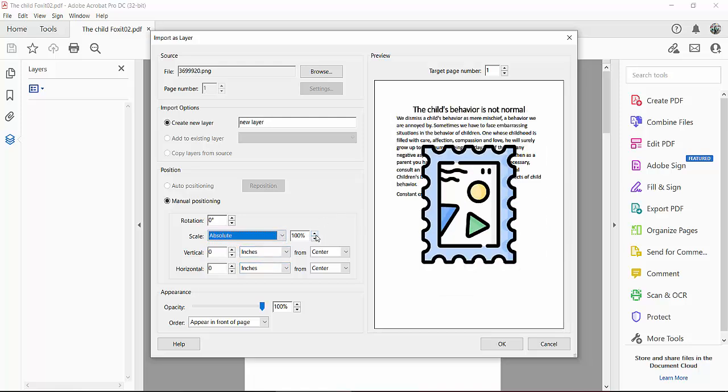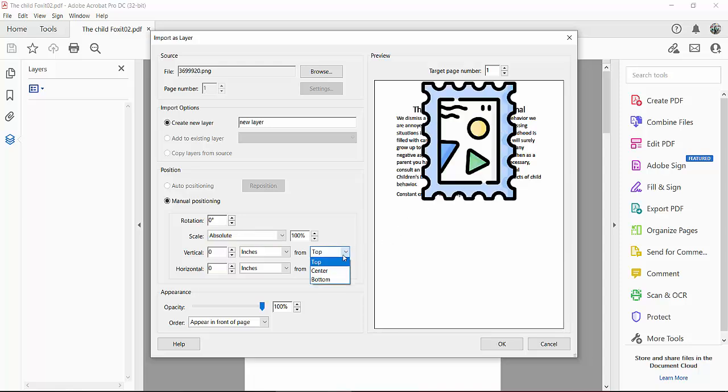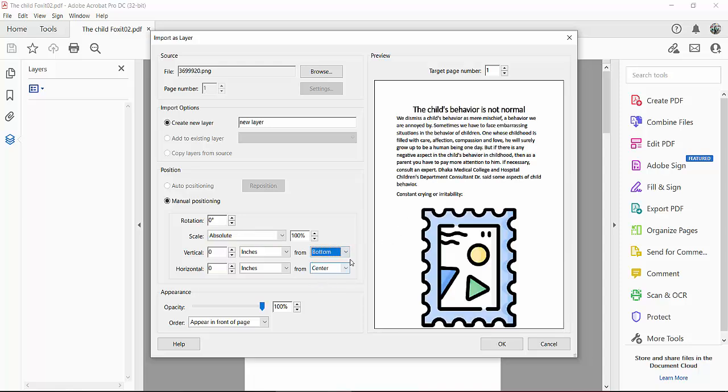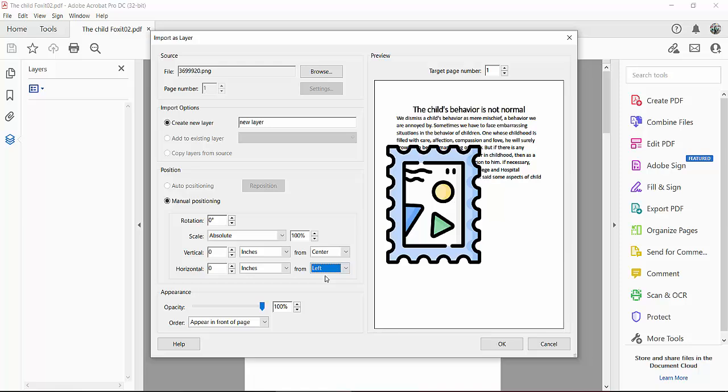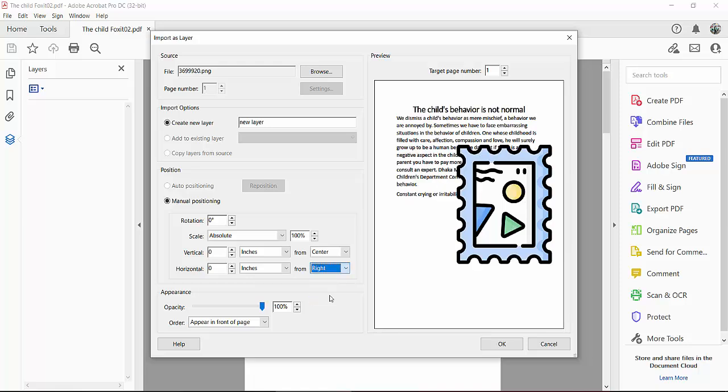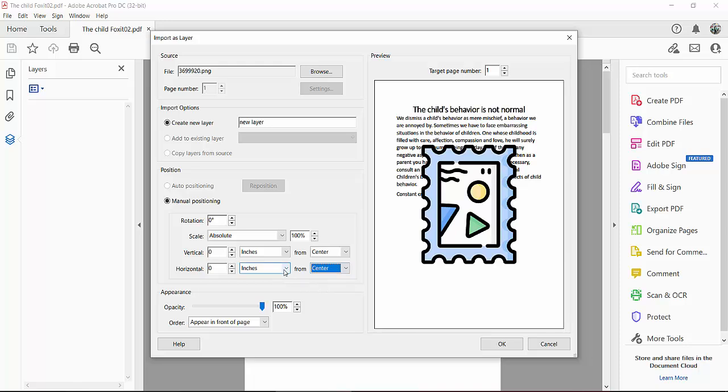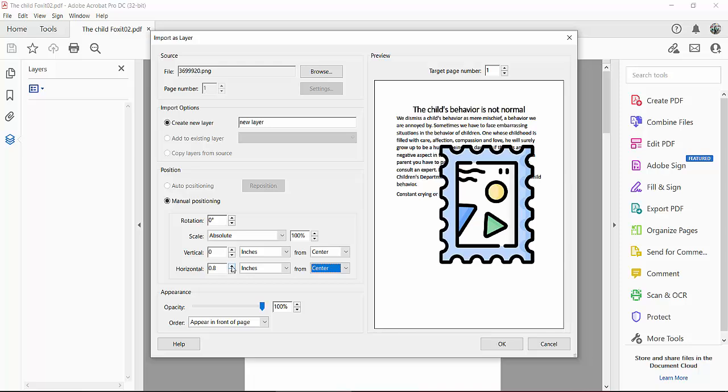You can increase or decrease this layer size, and this layer vertical position, this horizontal position, you can make it top, see this, and this bottom and this center, and this horizontal position you can make it left and this right and center. Also you can change the custom layer position and see this,